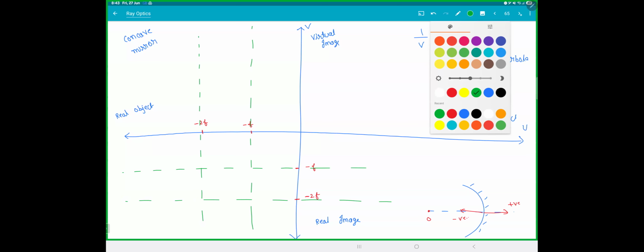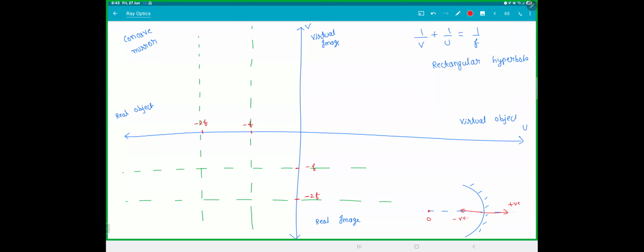Now see, when u is minus infinity, v is minus f. So the graph starts like this. And when u is minus 2f, that is at the center, v is also minus 2f. So this graph should pass through this point. This point is the center where both are 2f and 2f. And if you continue the graph,